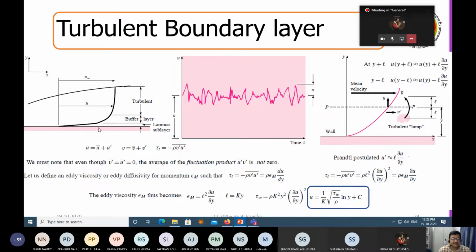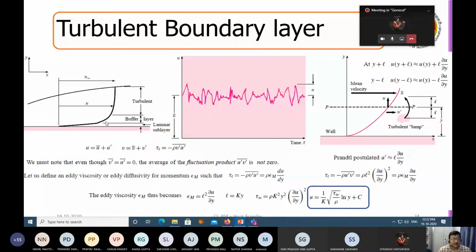Boundary layer doesn't mean only the laminar sublayer. The boundary layer means this entire part. For a turbulent flow, that part has three parts: laminar sublayer, buffer layer, and turbulent. For laminar, this is entirely laminar sublayer, right? But then the boundary layer is the entire zone. This is the turbulent boundary layer, and this is the turbulent free stream flow. These are two different aspects. You don't just mix this U infinity with this U, which is turbulent, right?